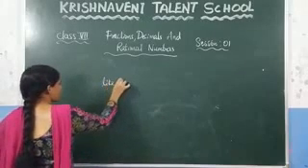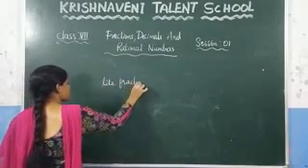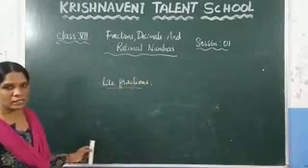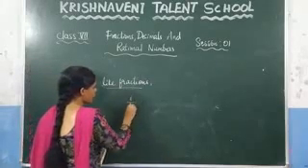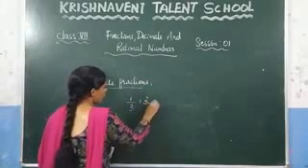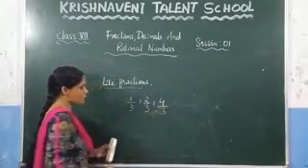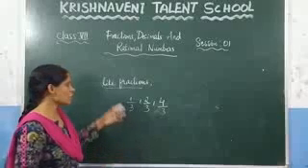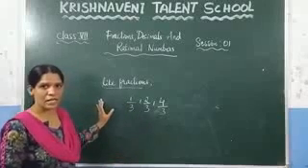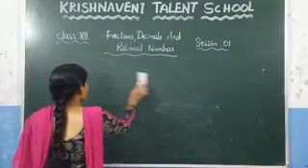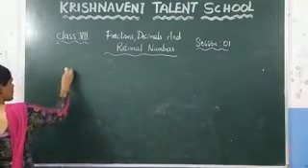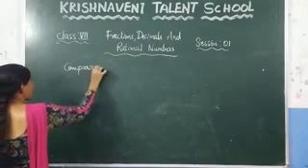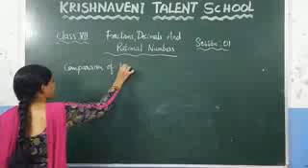Now see the next type, which is like fractions. What are like fractions? In fractions, if all the denominators are the same, we call them like fractions. Consider 1 by 3, 2 by 3, 4 by 3. These are like fractions since the denominators are the same. If the denominators are the same, we call them like fractions, otherwise we call them unlike fractions. Now here we are going to discuss one important thing, which is the comparison of fractions.